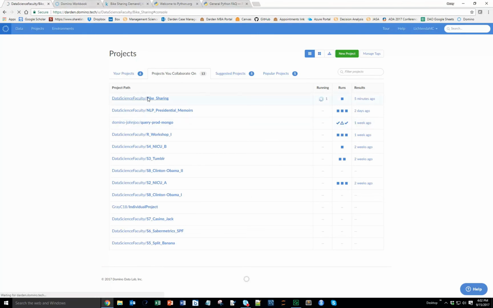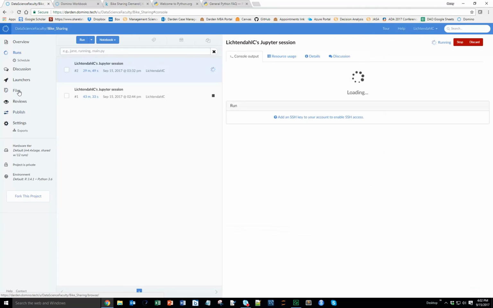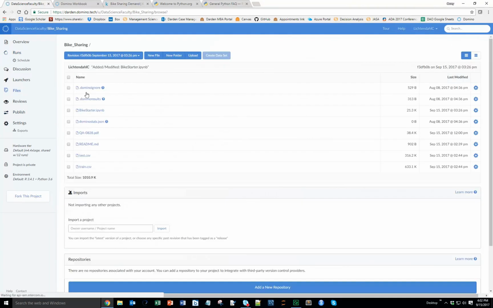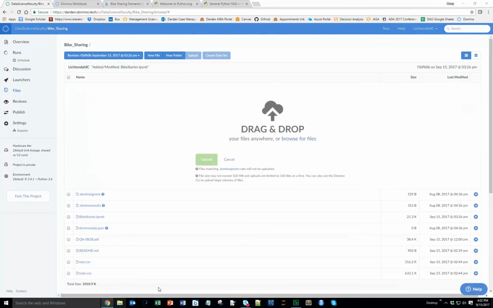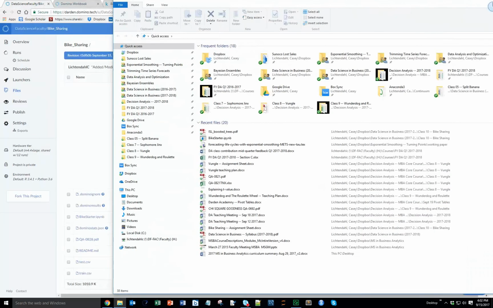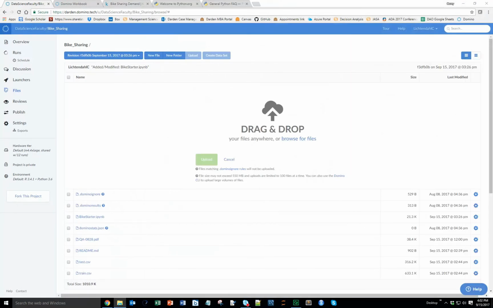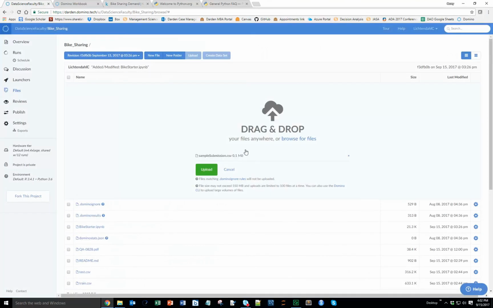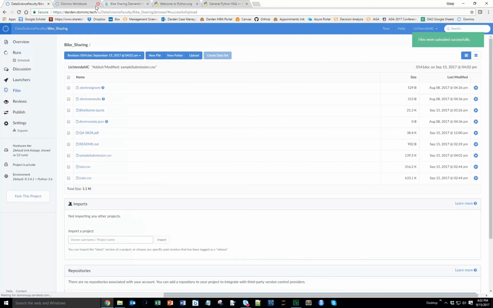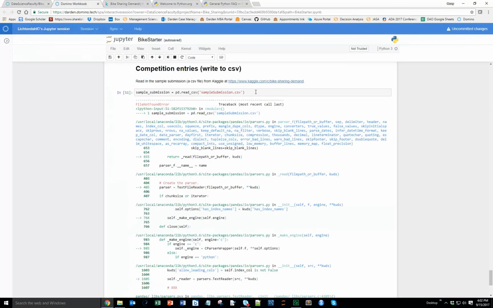Let's go into this project and files and upload, and I'm going to go grab the sample submission file from Kaggle. The sample submission file is here. I'm dragging and dropping it there. Upload. It's uploaded. Now I'm back over here in the workbook. Let's see if I can connect to this. No, but I'm going to save this file,